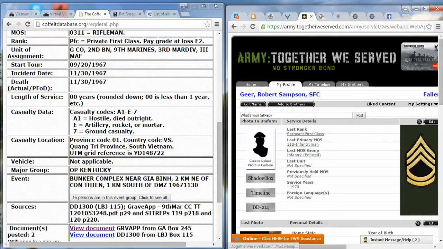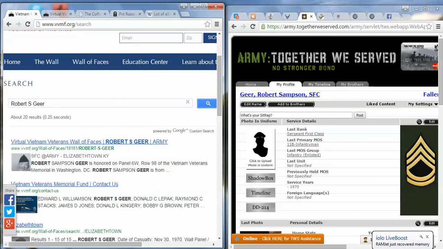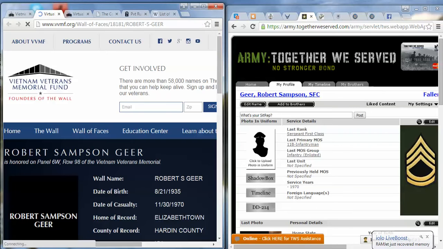So first thing we do is try to find a photo. And no photo found there.